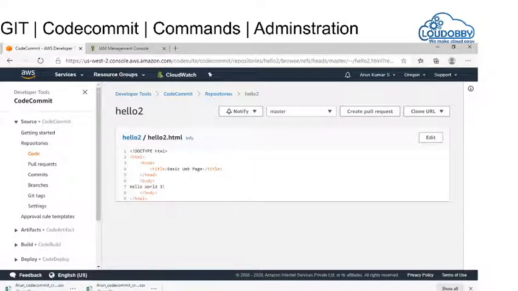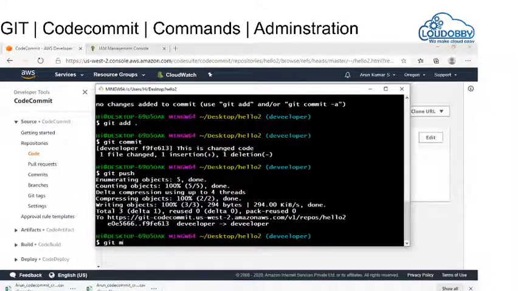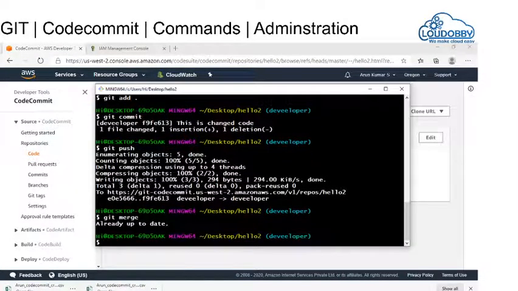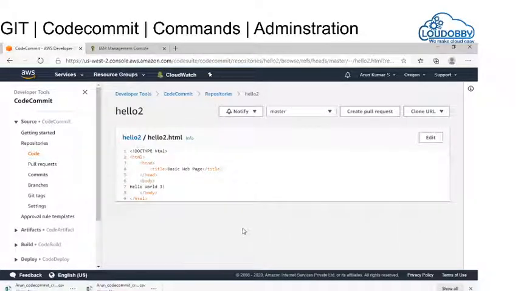You can also try to do this with the git merge command, but we are doing it in a very formal way where we need an approval for the pull request. I hope these are the few commands which we use to merge between the branches, and to manage git.